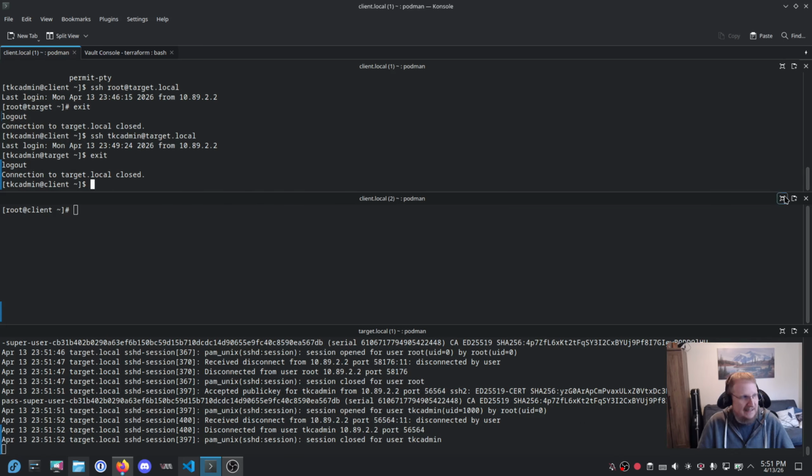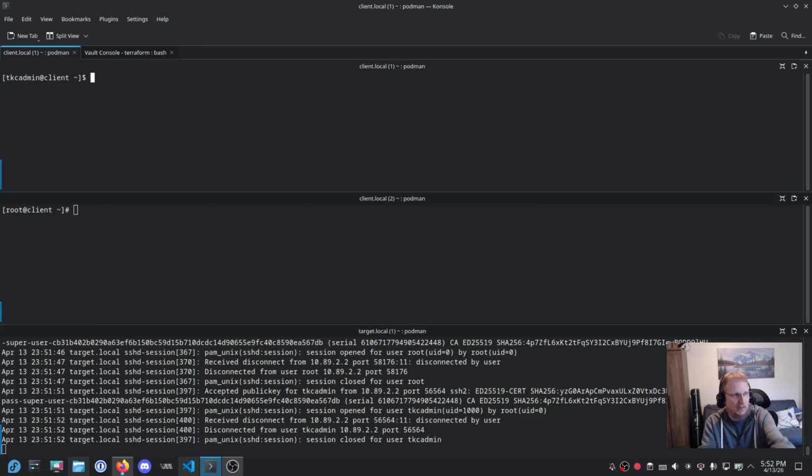All right, that covers pretty much how all of this works with Vault. We're going to do a little bit more of a demo with low TTL certificate signing, but I want to touch on the HashiCorp Vault and what they don't really say about key revocation